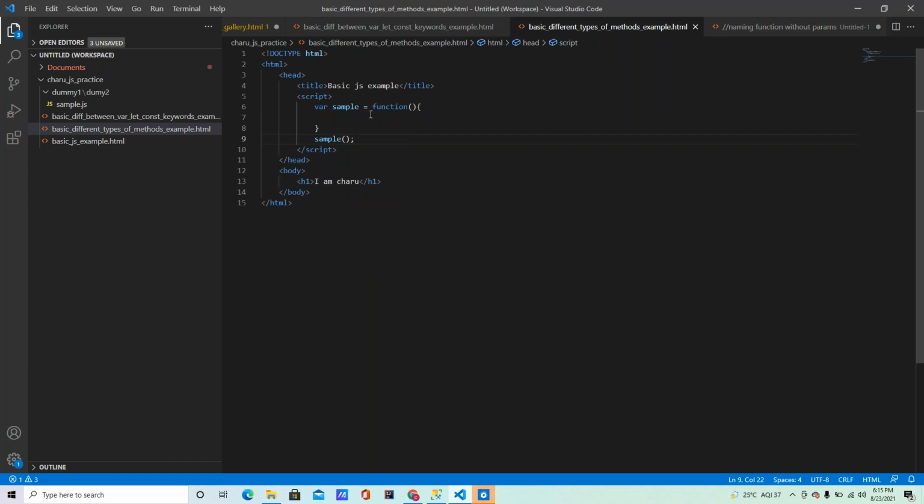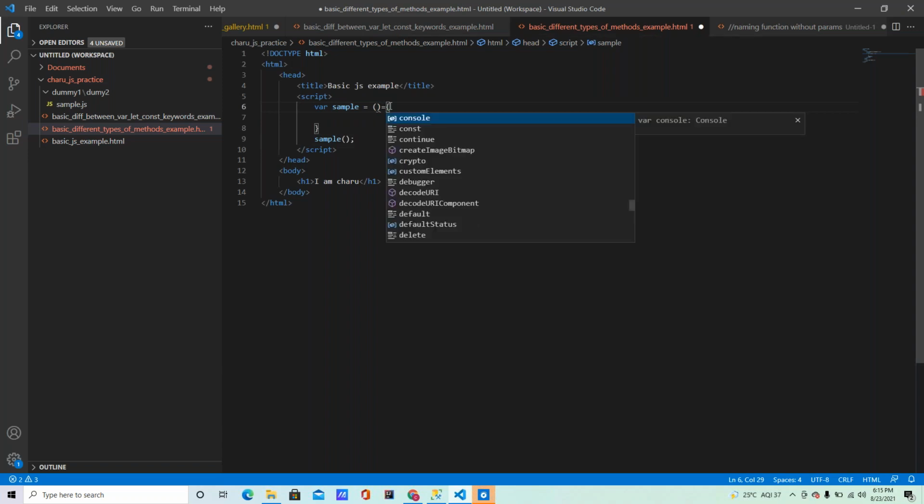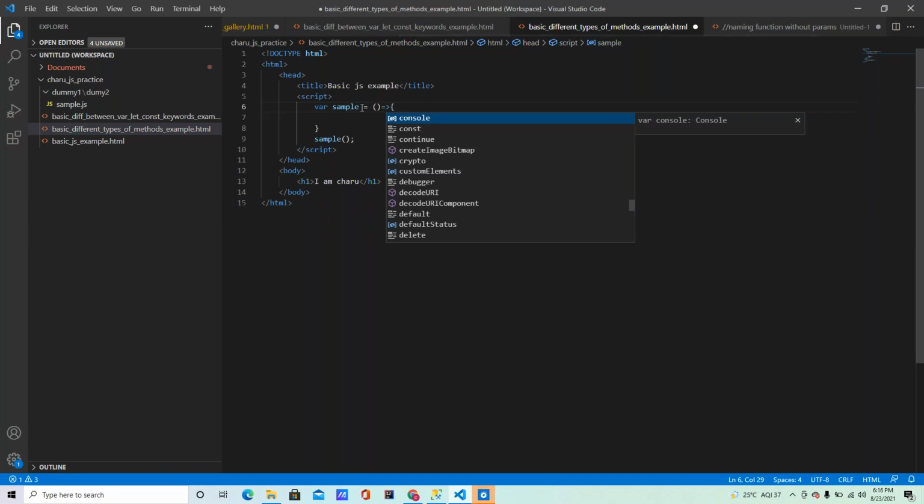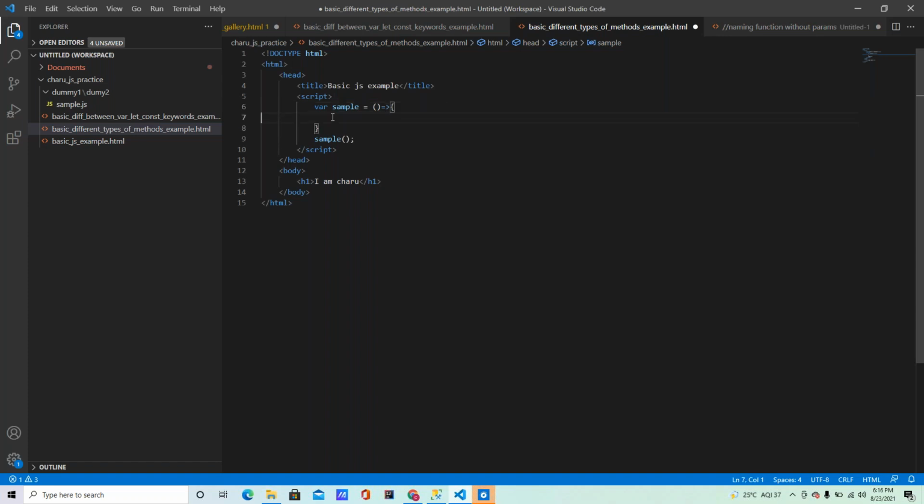Okay. Now how to convert this into a lambda expression? Remove the function keyword at least. In place of the function keyword, put equals to greater than. That's an arrow. Since it looks like an arrow, a little bit of a fat arrow. Why? If you want to form an arrow with a hyphen, we can also form it, but we are putting equals to here, so it looks a little bit fat comparatively to the hyphen. That's why it is called the fat arrow method, but that is an unprofessional name. The professional name is lambda expression.